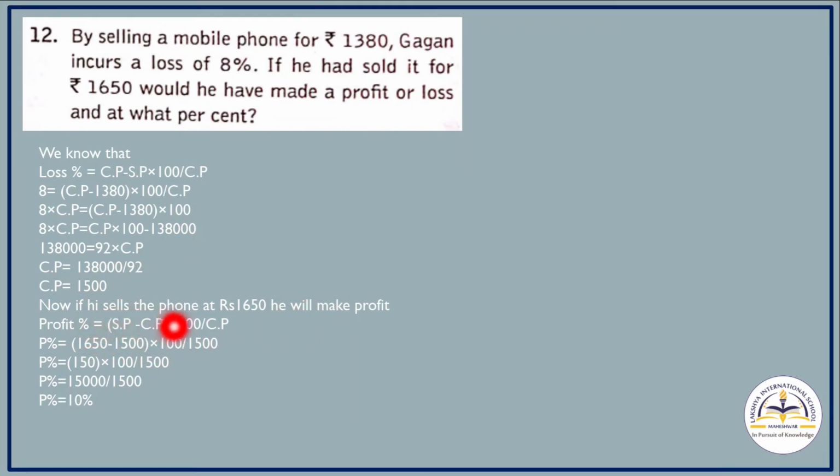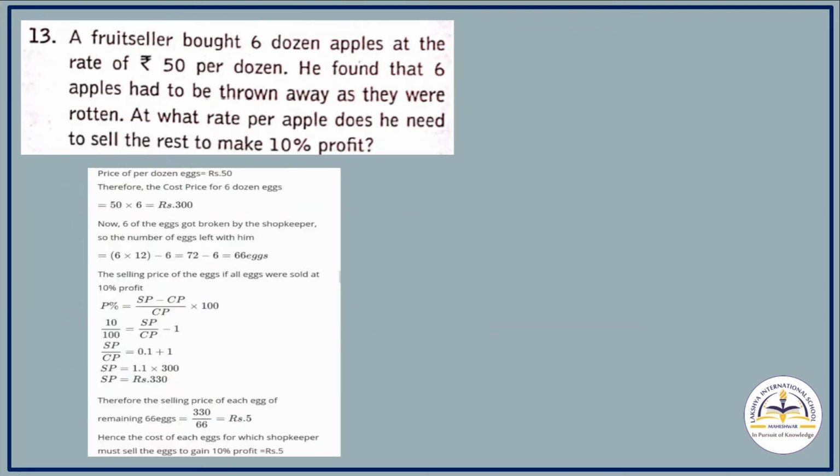If he sells the phone at rupees 1650, he will make profit. The cost price is 1500 and he sells the mobile at 1650. It means he has the profit. Now we will apply the profit percentage. Now when you apply the profit percentage, you can easily find the profit percent, that will be 10%. Now question number 13. In the same manner you have to solve